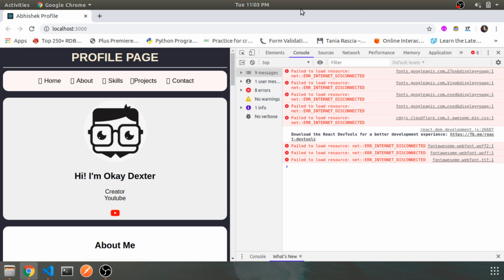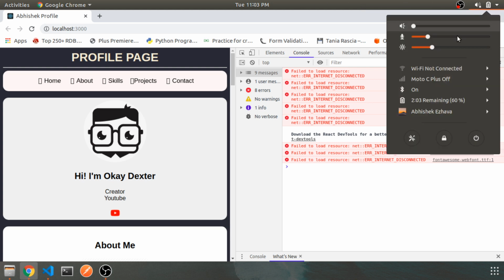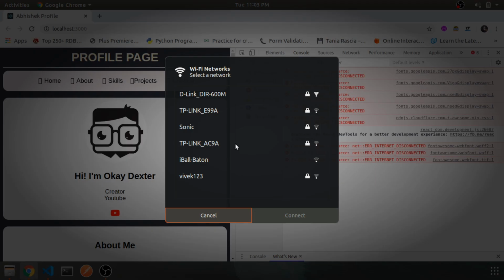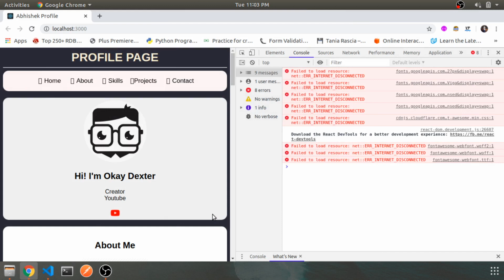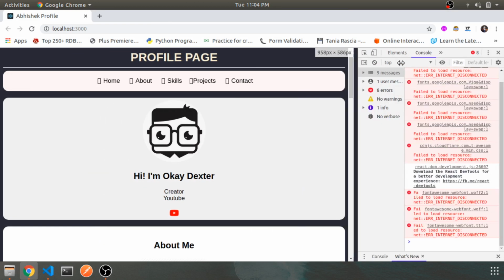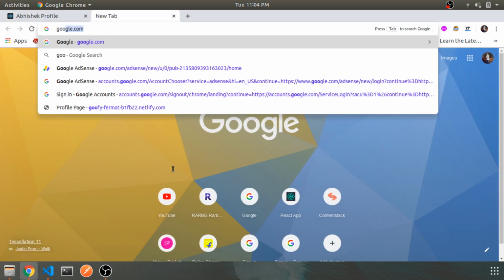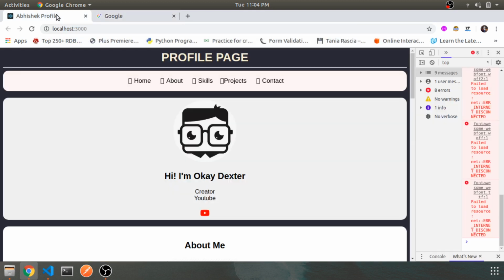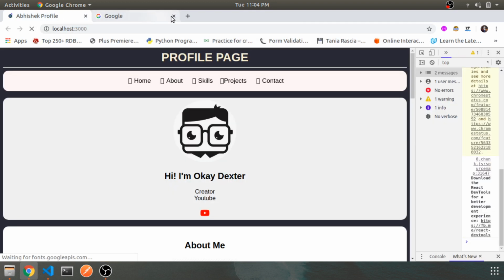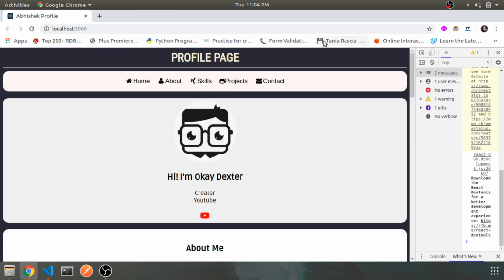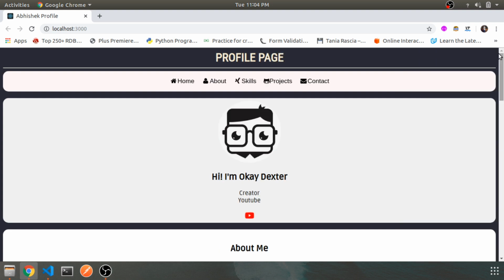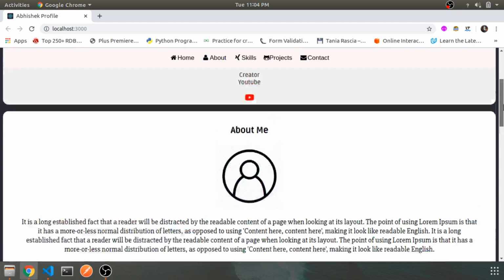I can't see any, okay, so I'm disconnected, and let's just refresh it, or just let's begin with Google search, I guess. Okay, so it's working, and I'll just refresh it. So as you can see, the icons too, because it is CDN based, you will have to be connected to internet, right? So this is the